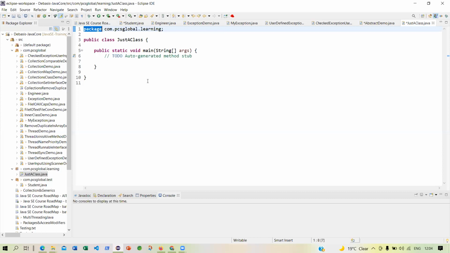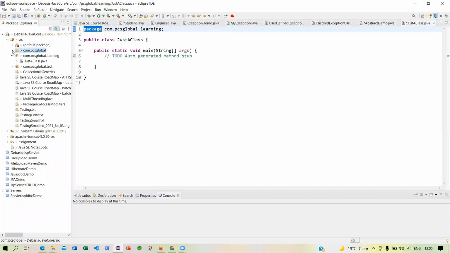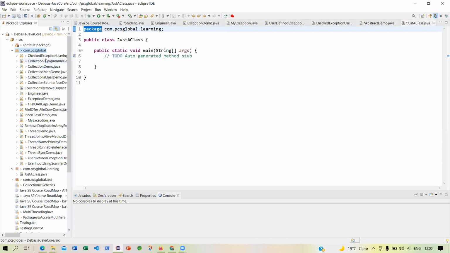You are organizing your files. Whenever you are writing, say, a library of files under the test package, you will understand that these are the development files. Under com.pcsglobal, all your development files will be there.